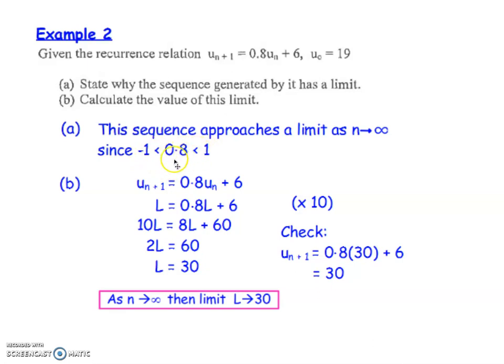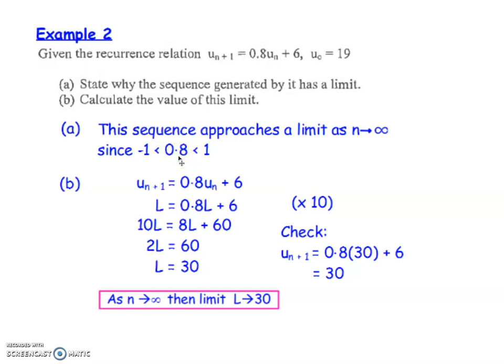So what this means is, as you do this recurrence relation more often, and you keep doing it and you keep doing it, eventually it will reach a limit value, and the reason is because 0.8 is between -1 and +1. Because 0.8 is within that range, this sequence has a limit, and this will be the sentence that you're going to be writing for this part A every time. The only thing that will change is the 0.8. Whatever number they give you here will go in this category,